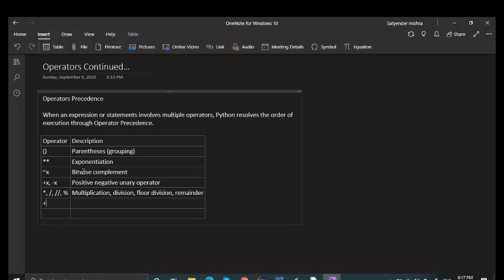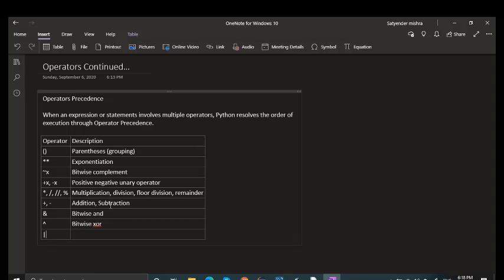Then we have plus and minus, which are addition and subtraction. Then we have bitwise AND, then the caret symbol, which is bitwise XOR.